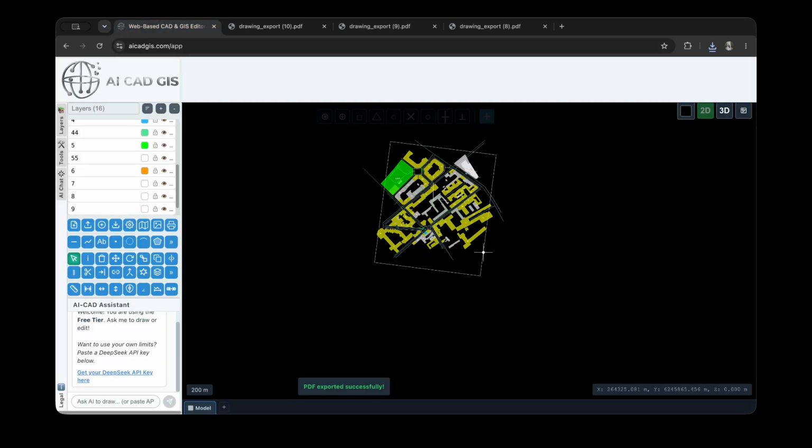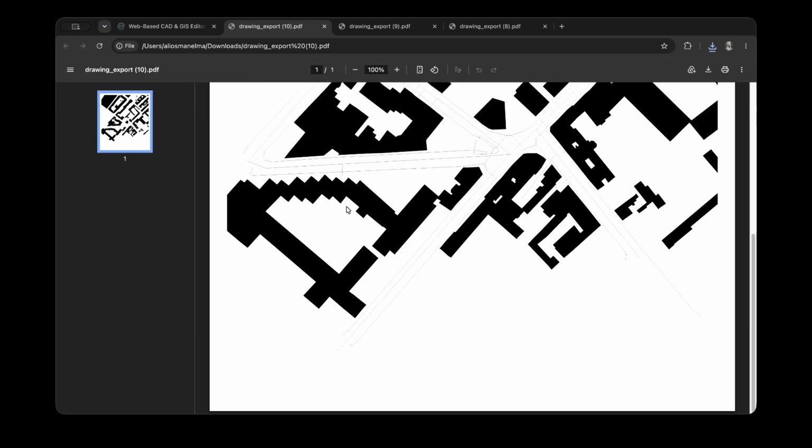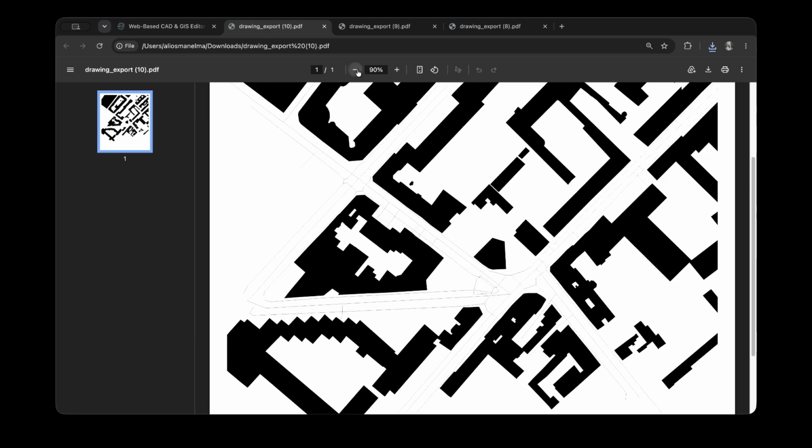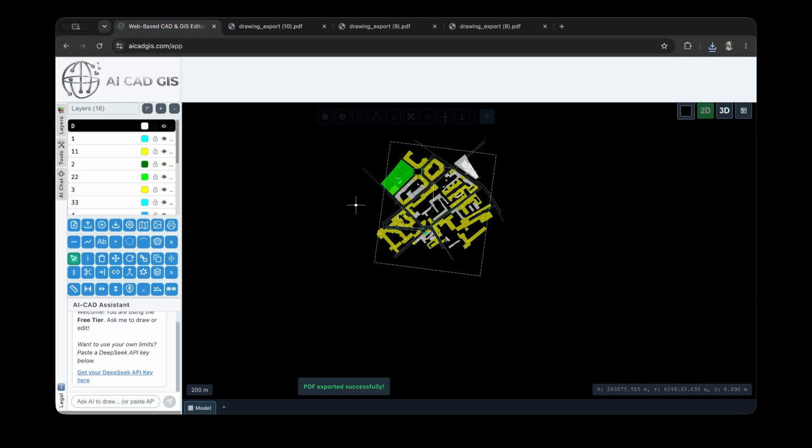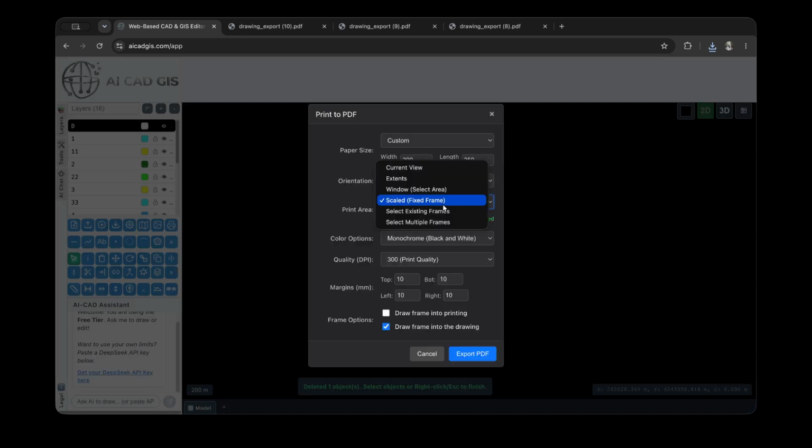Back on the canvas, you will see the reference frame we chose to generate. Notice there is no boundary line on the document itself, since we disabled the Draw Frame into Printing option. Back on the canvas, you can simply select the frame and delete it. Returning to the Print dialog, you will notice two more powerful options: Select Existing Frames and Select Multiple Frames, which